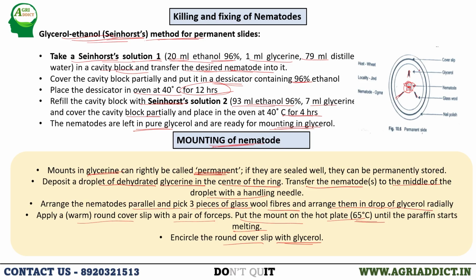After closing with the cover slip, you can use nail polish for sealing it. After allowing it to stand for 5 minutes, a double layer of nail polish can be applied in order to seal it perfectly. Now the permanent mount is prepared for identification of the nematodes or for conservation of those slides for any further studies.